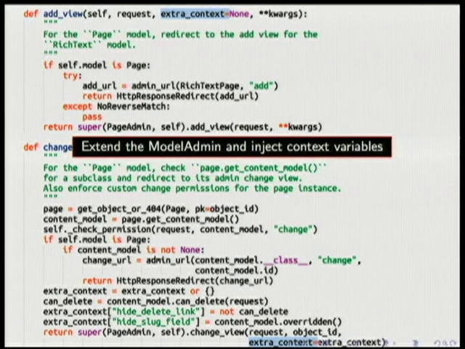So now what if you want to change the template, customize the template? If you want to add a lot of variables into the template, you see that in all of the dynamic methods we saw, some of them are add view, change view, etc. Each of these has an extra context parameter. So you override the add view